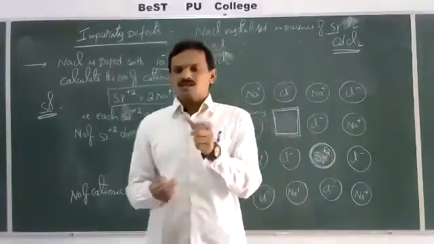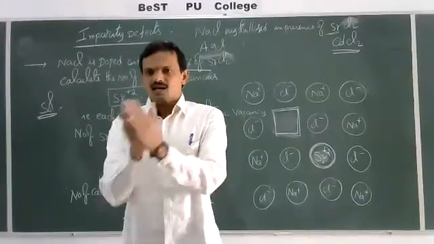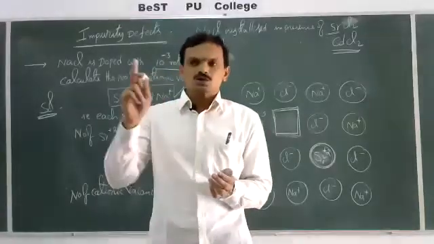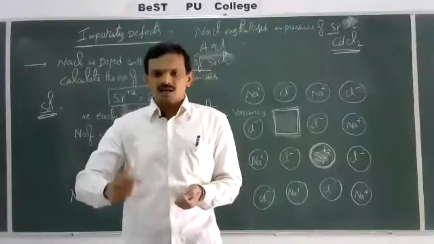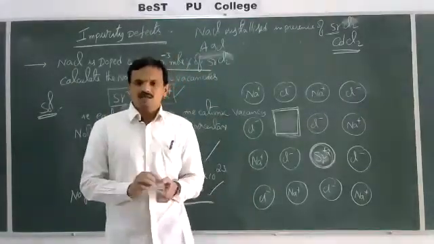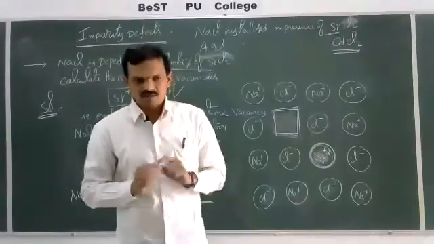So when zinc oxide is heated, Zn plus 2 ions diffuse into the lattice and occupy the interstitial sites. O minus 2 ions are oxidized to give oxygen gas and electrons, and those electrons also diffuse into the lattice and occupy the neighboring sites. As a result, electrical neutrality is maintained. Now the lattice points remain as they are.